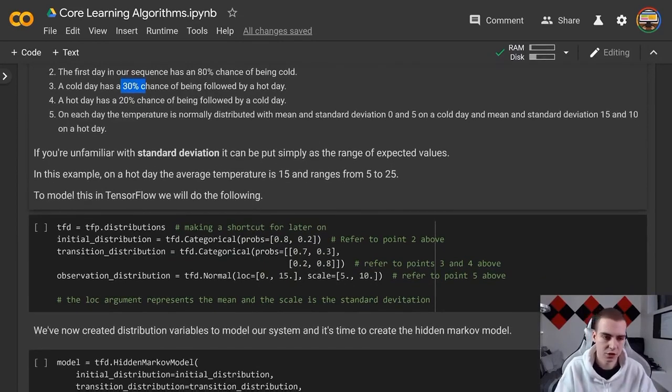Now, what that means, standard deviation, is essentially, we can read this here, that on a hot day, the average temperature is 15, that's the mean, and ranges from